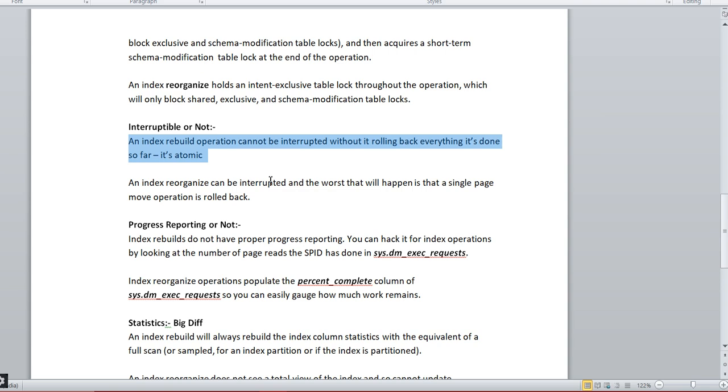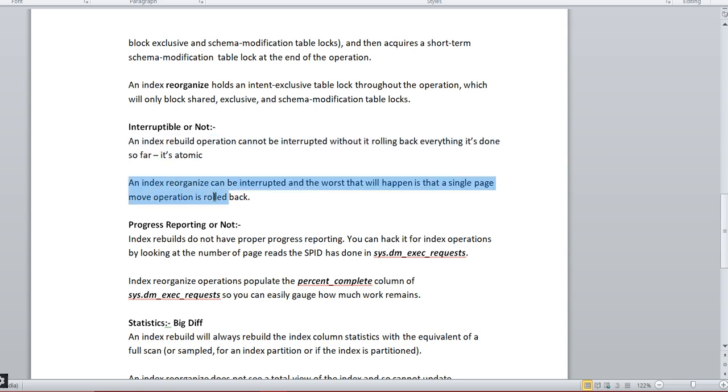If the job is taking slightly more time than the normal time frame, wait for some time, it will give the result. If it fails, sometimes I have seen that it is because of a space constraint that the job fails. Okay, so it will give the result. Don't kill the session, otherwise it will go to rollback and again it will take so much time.